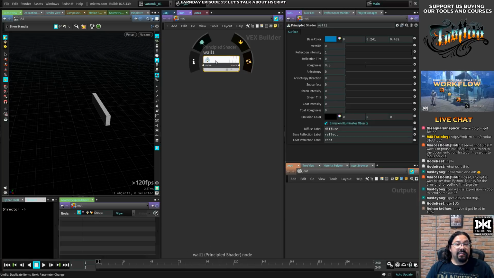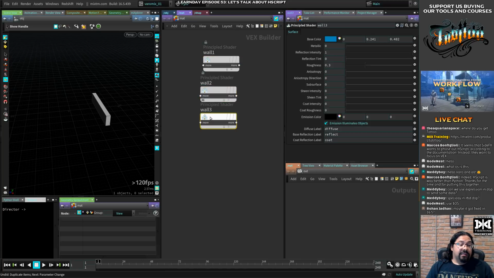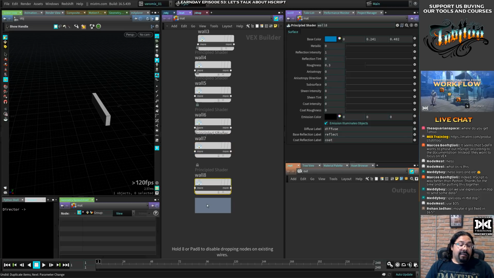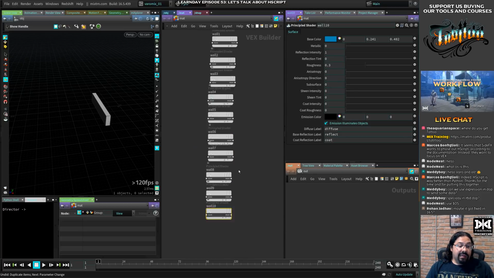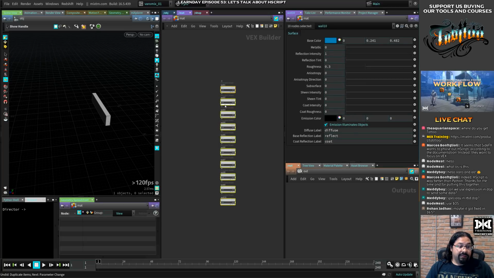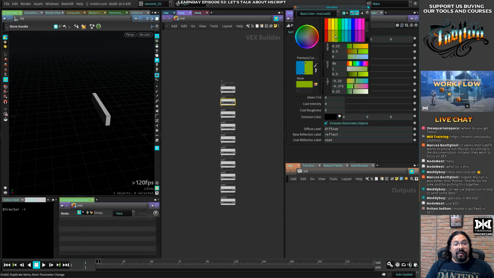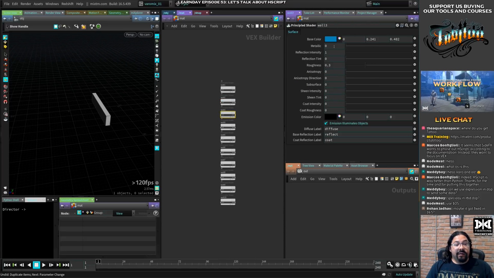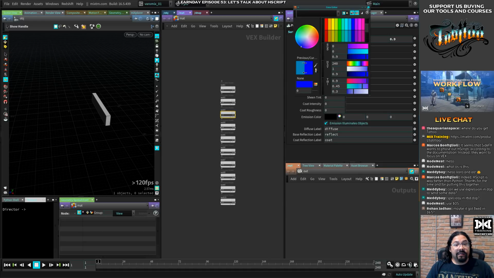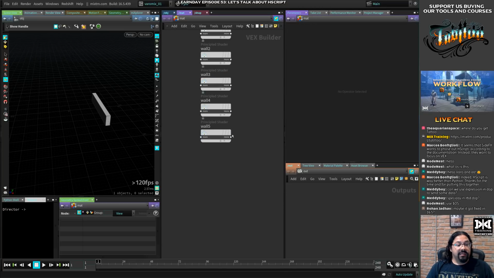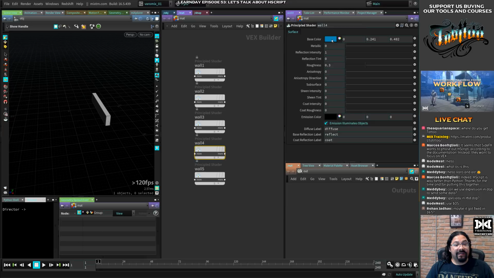And we have, let's say, 10 of these: 2, 3, 4, 5, 6, 7, 8, 9, 10. And all these materials are different. It's going to be different for each wall, maybe. Now I'm going to have to change the color, right? Let's change the colors really quickly. I'm just going to do 5 because I think that's going to prove the point. I'm not going to change all those values. Green, and this is going to be